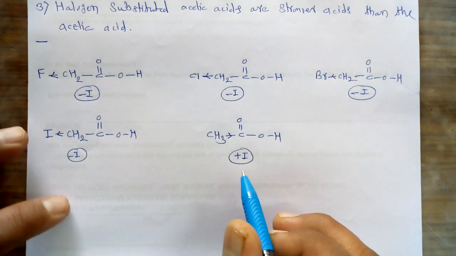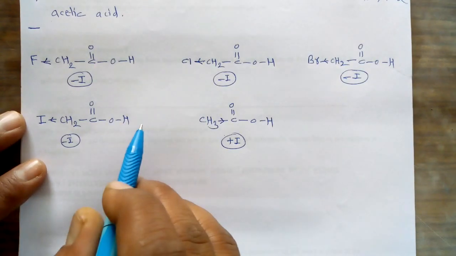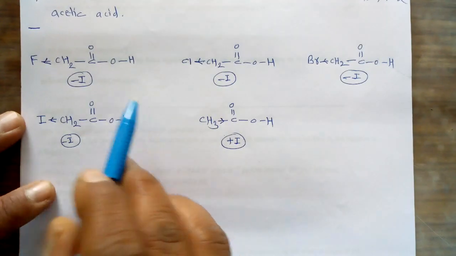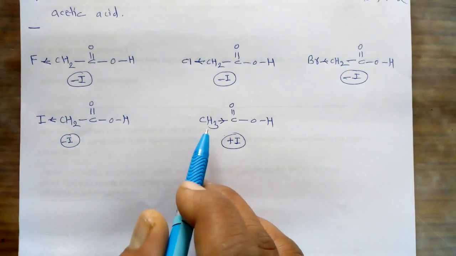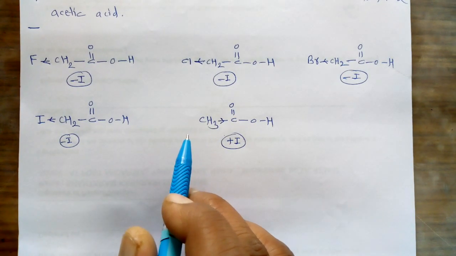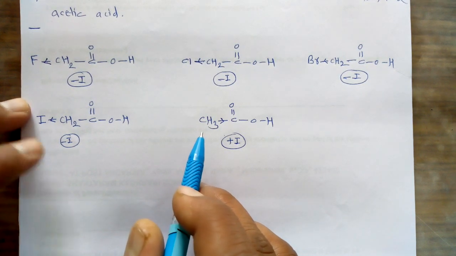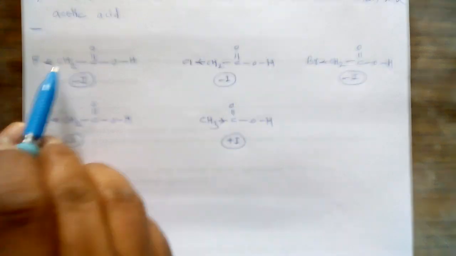Now we know very well that as the strength of the minus I effect increases, it affects the strength of the acids, because if more and more minus I effect is there, that acid has more acidity. Now, as compared to all the halogens,